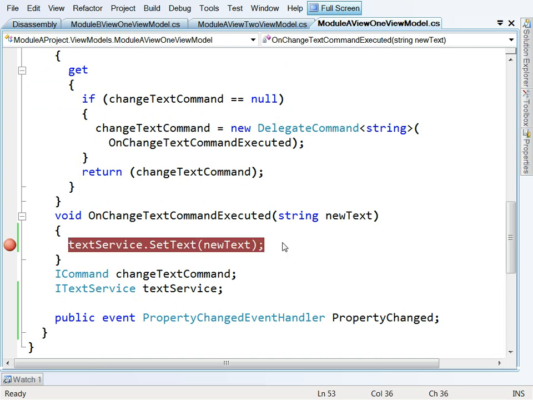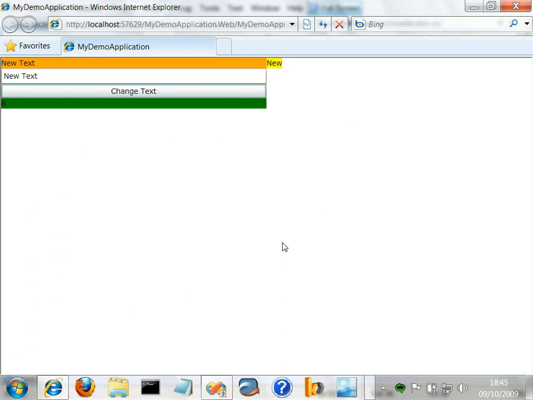If we press F5, that should be sending out those notifications through the property change mechanism, and everyone picks up the new text, and the length of new text is 8. And so you can see how that is kind of firing through the application, picking up the new value,